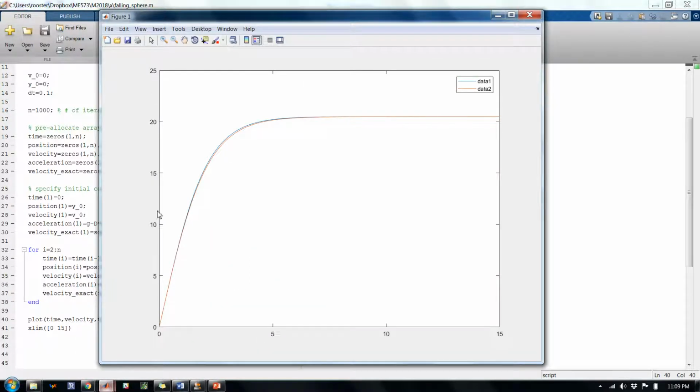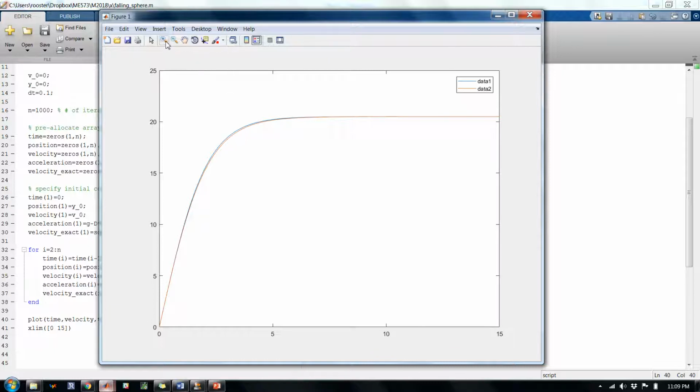Remember, this is velocity in meters per second vertical, time on the horizontal. We're limiting the plot to 15 seconds, right? Now, this looks pretty good, except you can kind of tell in the middle area here, there's not very good agreement. But look, on the ends for high times and for low times, all I can see is red. That means the red's overlapping the blue, and that means the solutions are almost identical. But if you look closely, I'll zoom in on this in a minute, right in this middle area, in the neighborhood of 3 or 4 seconds,